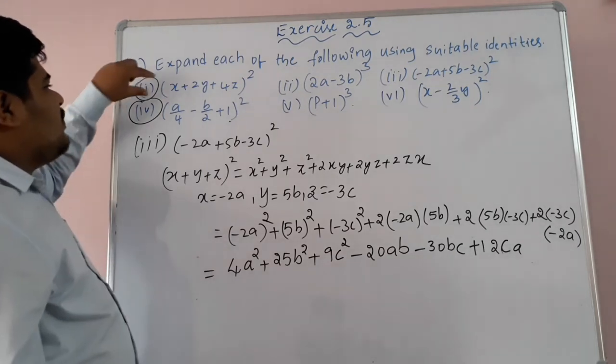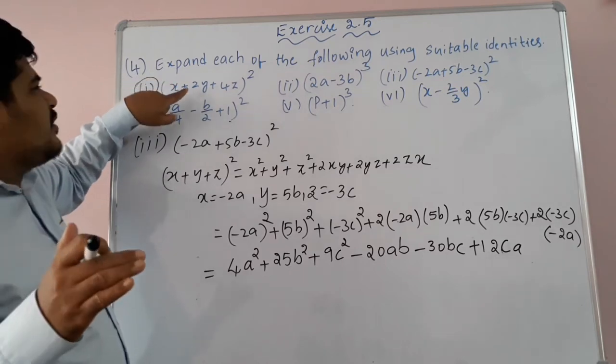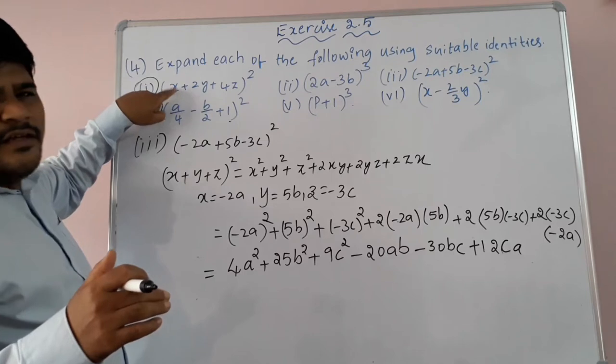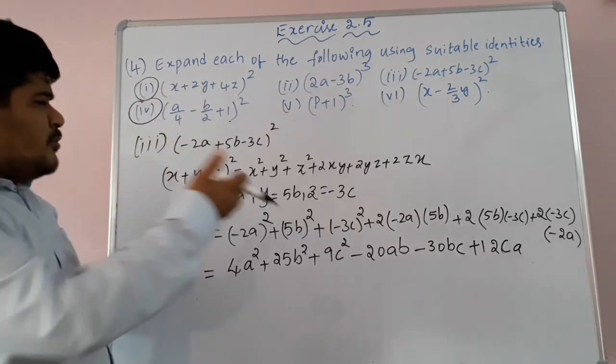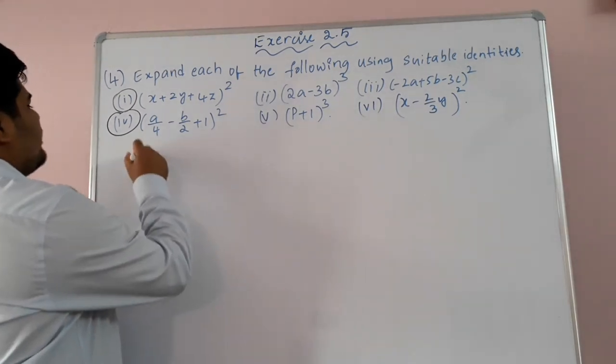And if you see the first formula, x, y, z terms are there, you take the formula in ABCs. Means you can write here a plus b plus c whole square. A is equal to x, b is equal to 2y, c is equal to 4z and whole square. Substitute in the formula. That's it, children. Okay, let's see problem number 5.